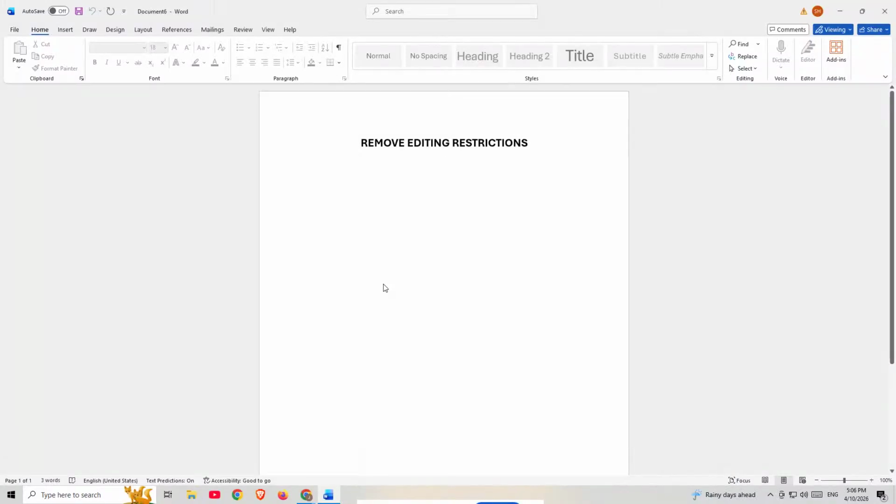If you've ever opened a Word document and found that you can't type, can't edit, or can only make limited changes, you're in the right place. In this video, I'm going to show you how to remove editing restrictions in Microsoft Word step by step so you can regain full control of your document. This is really useful if you received a protected file, a template with restrictions, or a document that was locked